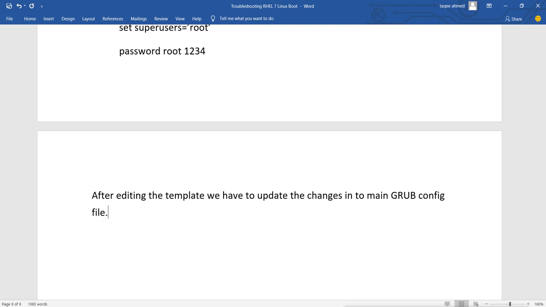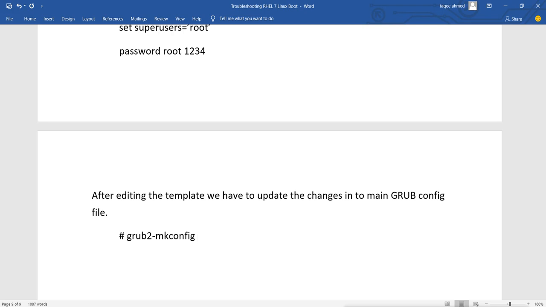Next, we'll run the command to update. For updating the configuration, we have the command grub2-mkconfig. This command will generate the output of the latest changes we have in the template.